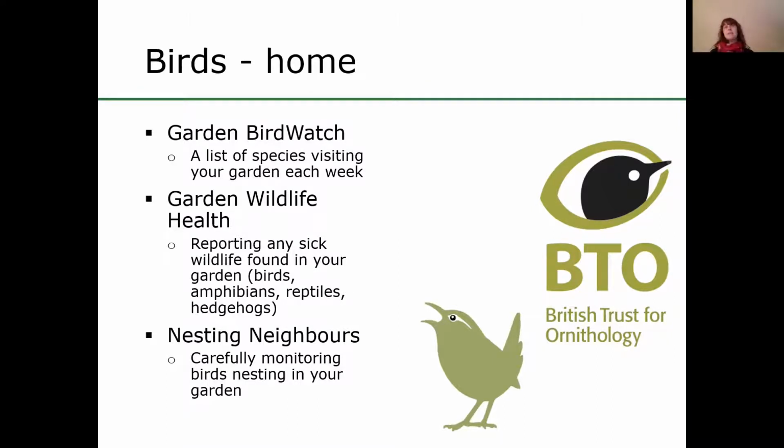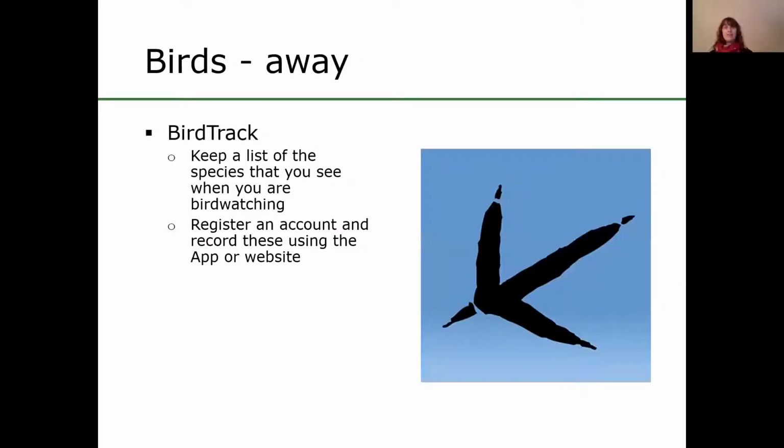And then there's another scheme that they started last year, I think, which is called Nesting Neighbours, where they're asking people to monitor birds nesting in their garden if they've got a nest box, or if they happen across, say, a robin nesting in the shed, for example. It is something that needs to be done very respectfully and very carefully, but it can be incredibly useful to get that information about nesting birds, because the success of birds' nests is a really critical factor for them as well. So all of these schemes are there to be entered into